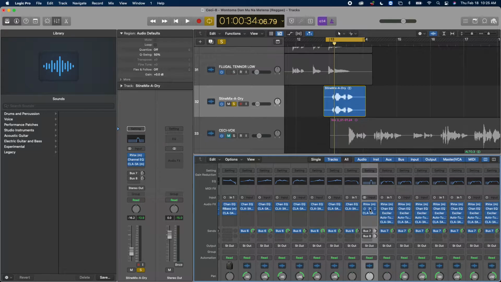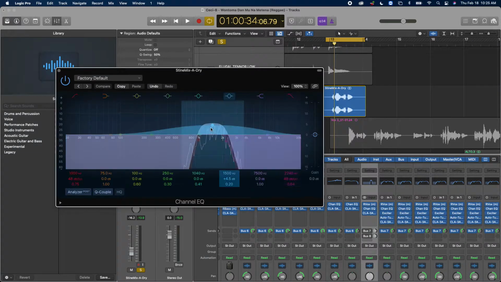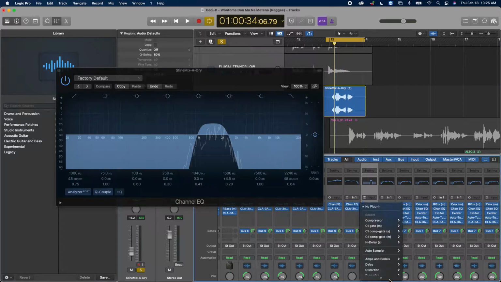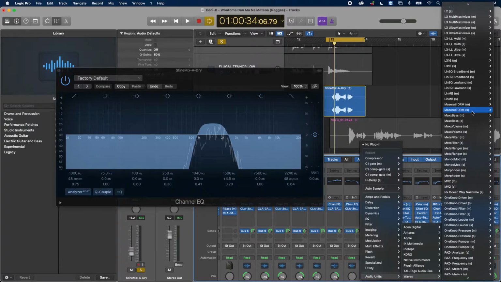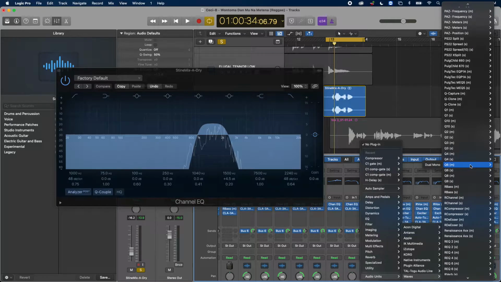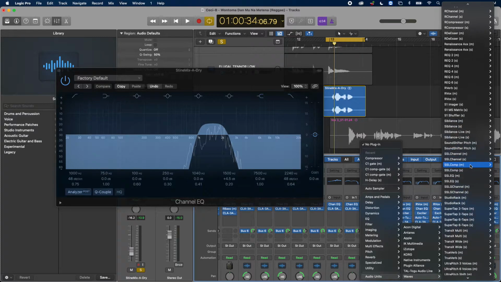Cool. If you need to do equalization, you realize I didn't have to use this equalization. I could have used one of my Waves stuff, but I just keep it simple when it comes to equalization because I'm not all that big on trying to use strictly Waves stuff. I like certain things with Logic.